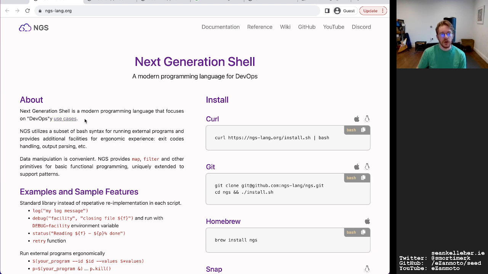And I think that's where a lot of language development is possibly going to have to go in the next while.